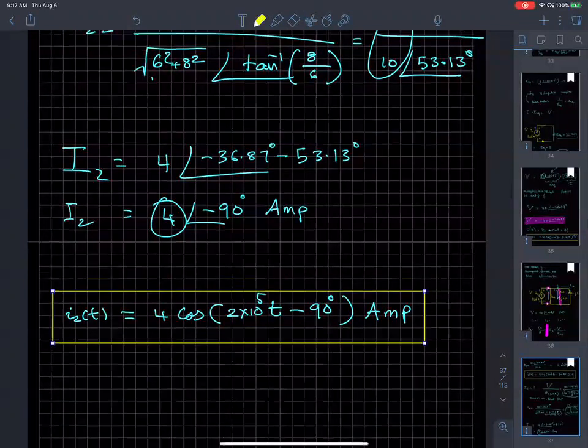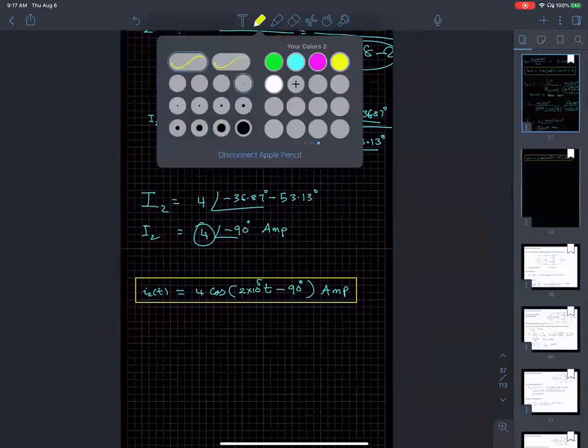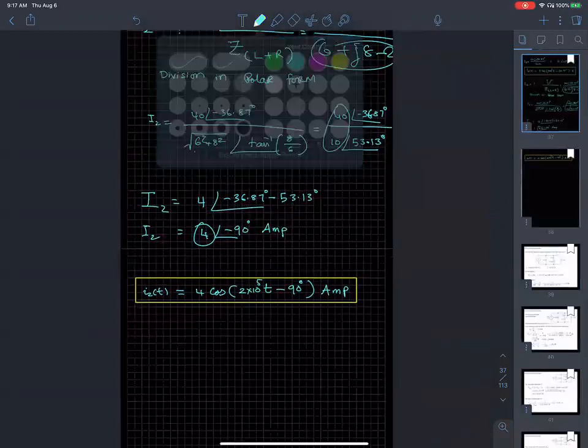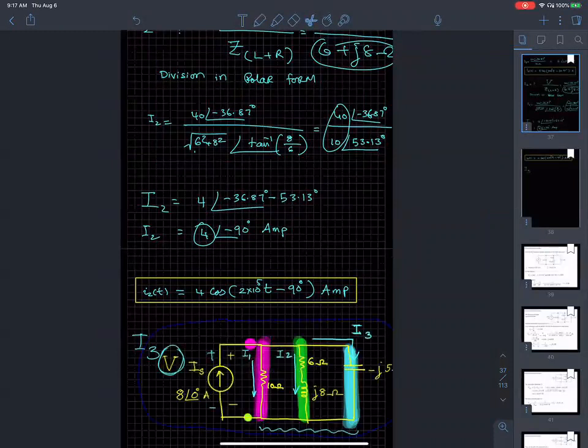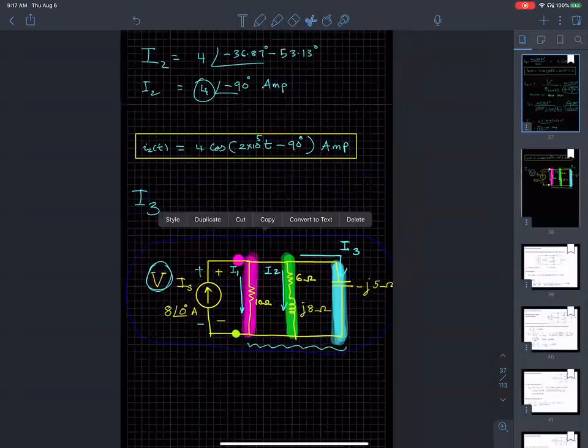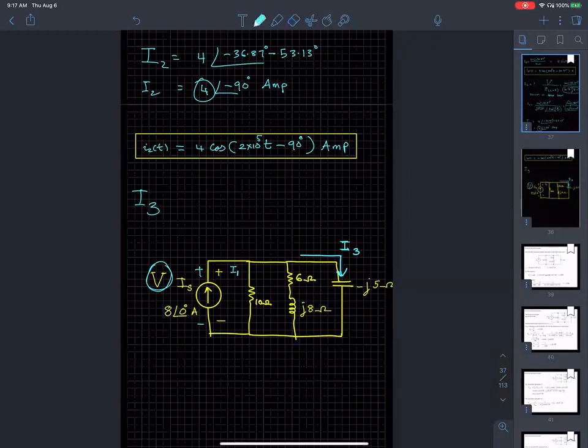There you go. Okay, so let's try to find the other current as well, I3. Let me see if I can add that image back here. Forget about the rest of these circuits, I1, I2, because we already found them. Now, in order to find I3, what I have to do is divide the voltage across that